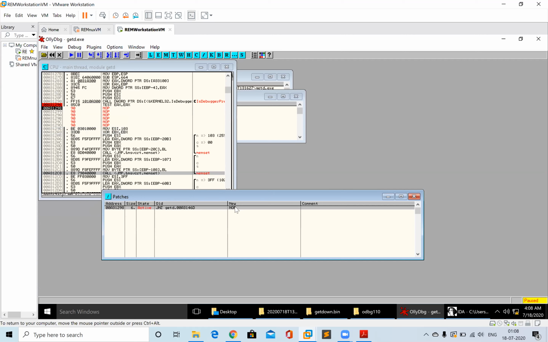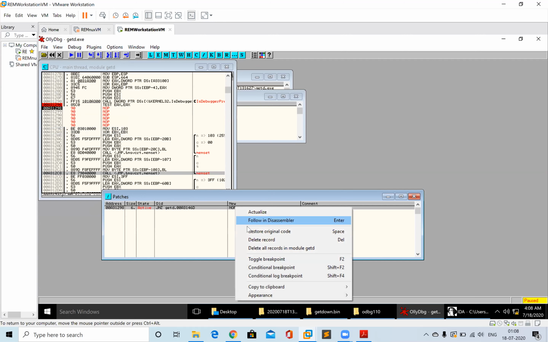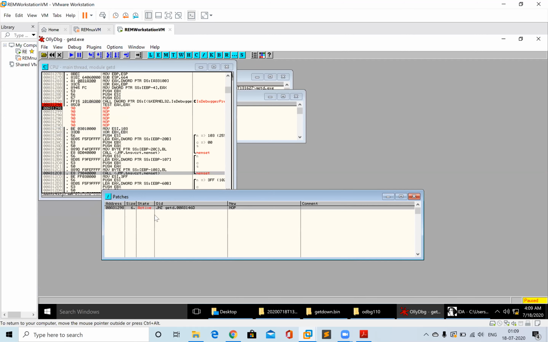The good part is, if I right-click, you can restore the original code over here. If you think that was not the correct decision, you can just click restore original code, and it will replace the nop with the original code that was there. So it's very handy when you are patching at a lot of places. I will stop for now and we'll take any questions if you have till now.